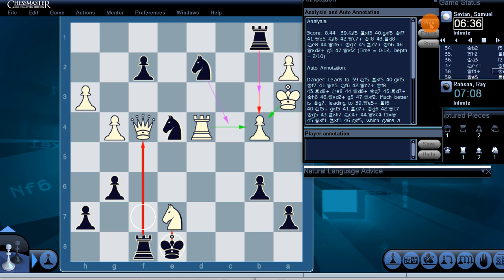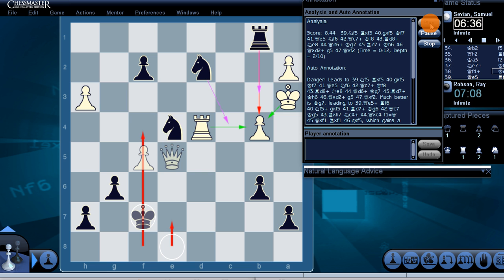King e8. Danger! Leads to knight f5, rook takes f5, g takes f5, king f7, queen e5, knight f6, queen c7, check, king f8, rook d8, check, knight e8, queen d6, check, king g7, rook d7, check, king h6, queen takes d2, check,